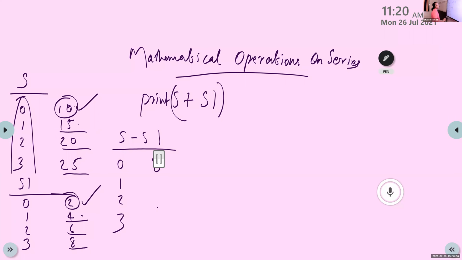It is 8. What about the next value? 15 minus 4. Next value? 15 minus 4, 11. Yes. Next value? 20 minus 6, it is 14.